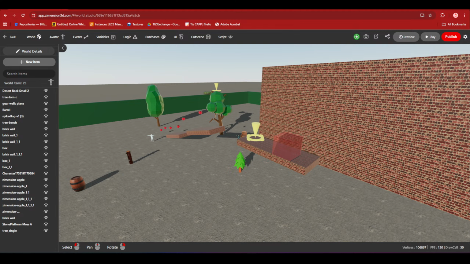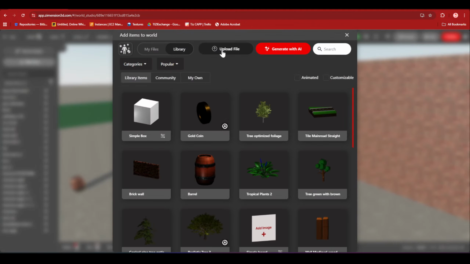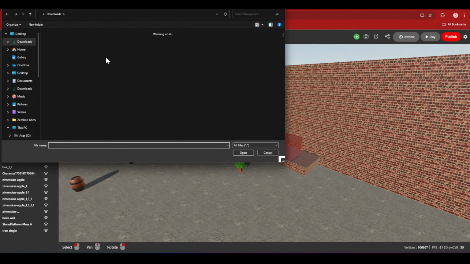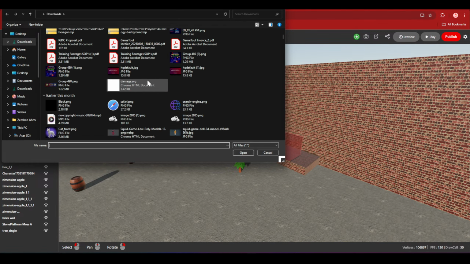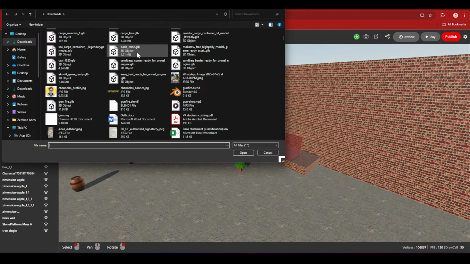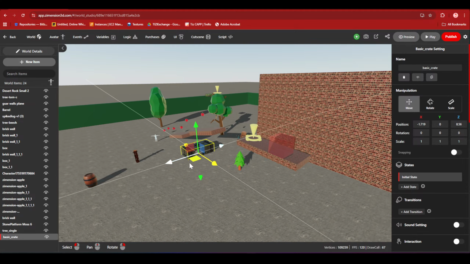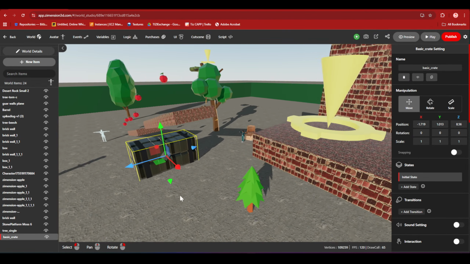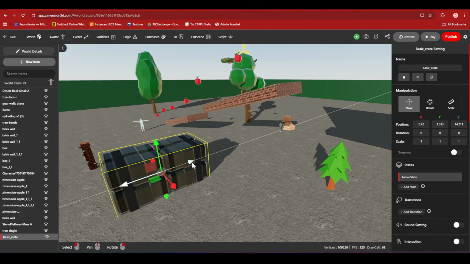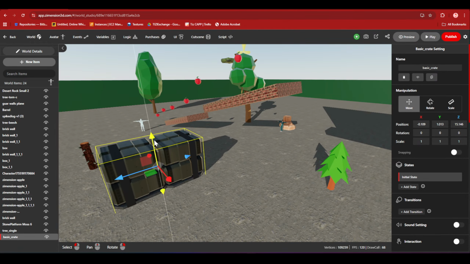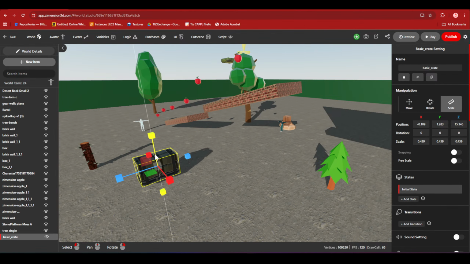Okay, assets from other sources like Unity assets, are they allowed? Yeah, any asset is allowed in the game as long as it's a GLB file. You can download it from anywhere and then import it in Zimension. For that, you have to click here, then upload, and then you can upload any asset from your system. So let me add this. Create, great. Again, I have downloaded this from some other website and uploaded the GLB file and it's there in the same place. It's very simple. So this is how you can upload your own files.